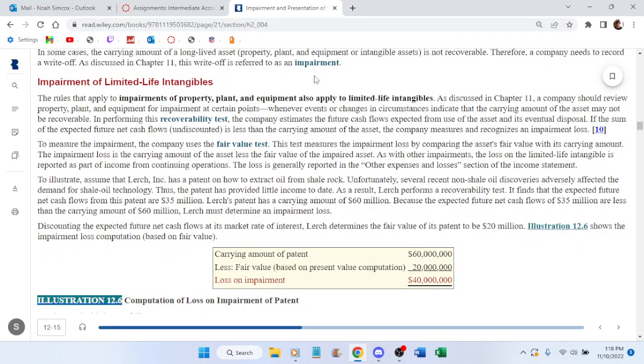To illustrate, assume that Lurch Incorporated has a patent on how to extract oil from shale rock. Unfortunately, several recent shale oil discoveries adversely affected the demand for shale oil technology. Thus, the patent has provided little income to date. As a result, Lurch performs a recoverability test and finds that the expected future net cash flows from this patent are $35 million. The patent has a carrying amount of $60 million. Because the expected future net cash flows of $35 million are less than the carrying amount of $60 million,